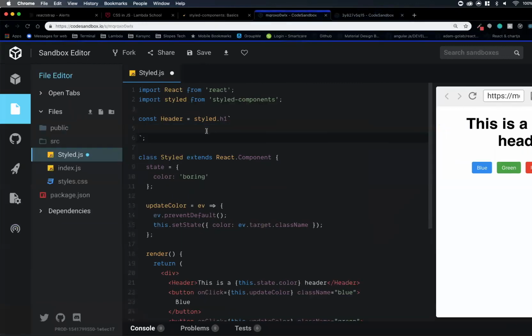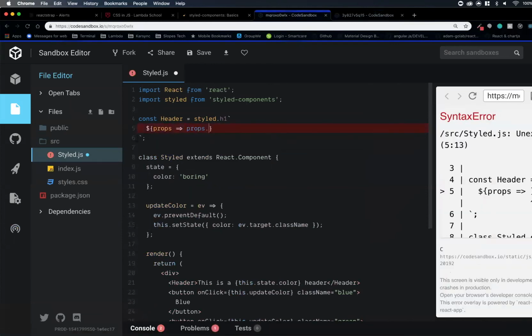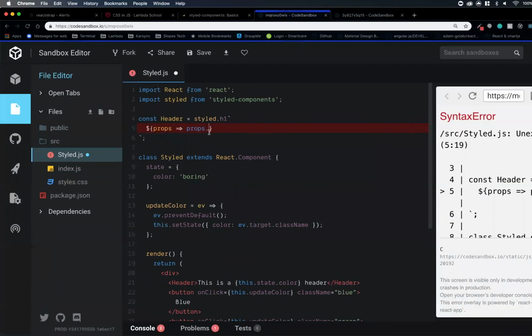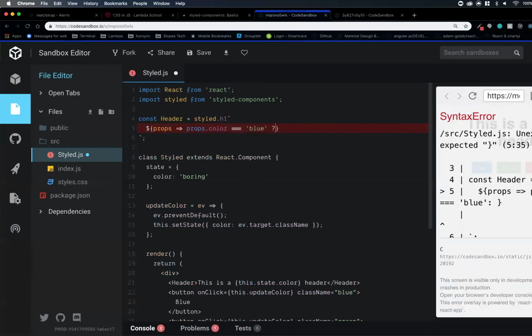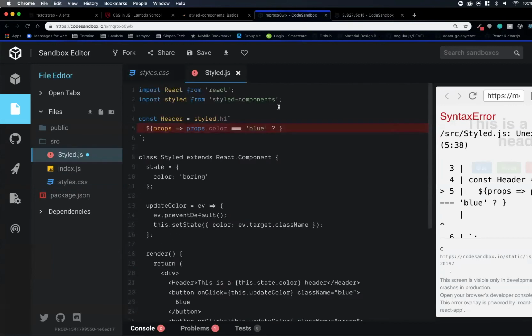So let's look at what if we don't want to just do props.color for the color? Well, we can do something like pass in props dot, what do we have? Props dot color. Does props dot color equal blue? Then if it does, let's grab our blue coloring, copy, and we'll say